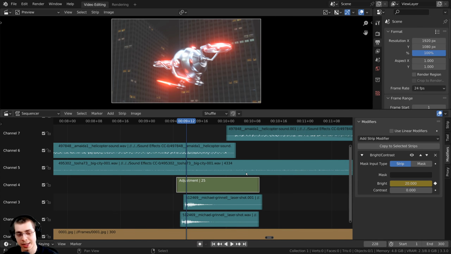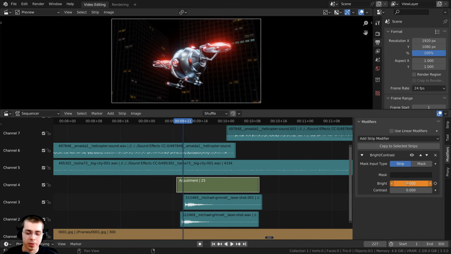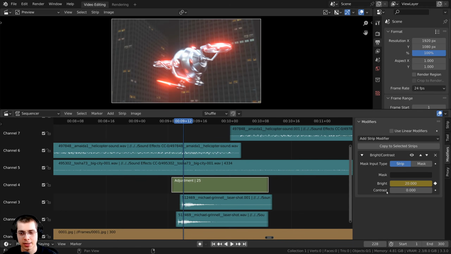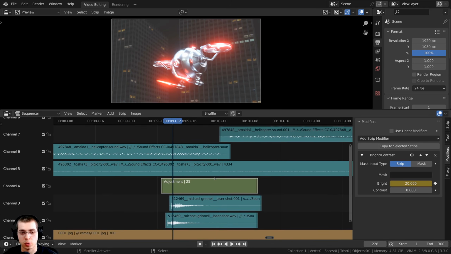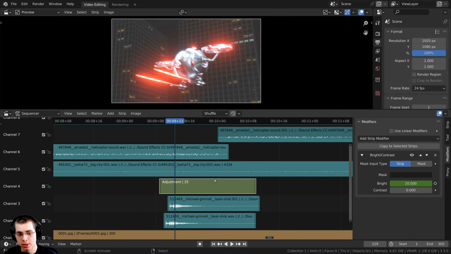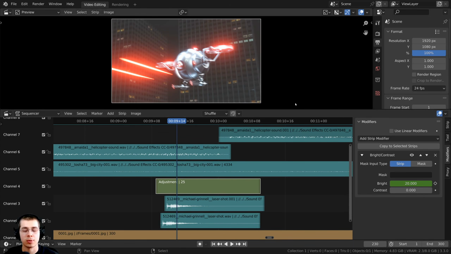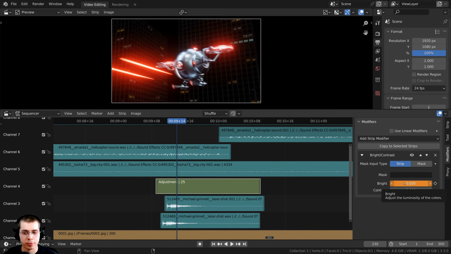And then I'm going to click with the arrow key to go 1 frame back, and then I want to take the brightness and I want to type in 0, and then I want to add another keyframe here, so press the I key with your mouse hovered over the brightness. Then I'm going to click with my arrow keys, and I'm going to go to where the brightness is at 20, and then I'm going to click 2 more times to go 2 frames over with the arrow keys. And I want to turn the brightness back to 0. So click on the brightness value, I'm going to type in 0 and enter, and then press the I key